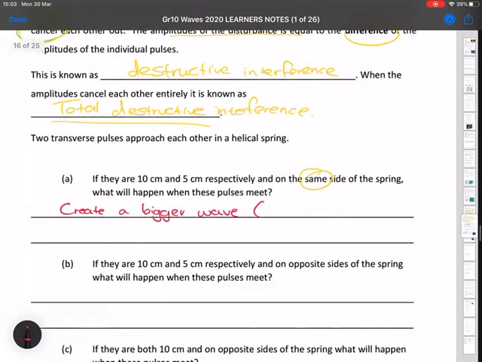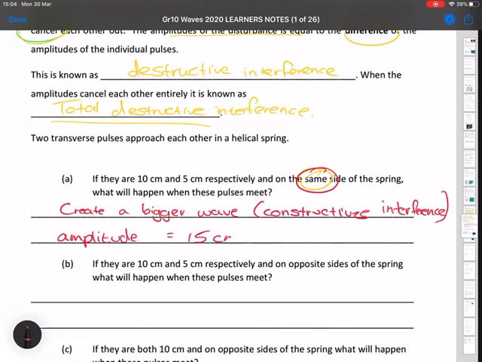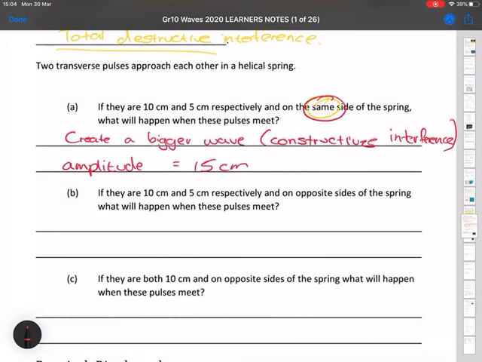I'm going to get a bigger wave, we call that constructive, because they're on the same side. Constructive interference, the amplitude will be 15 centimeters. Okay, if they're still 10 and 5 centimeters, but now they're on opposite sides, you're going to get